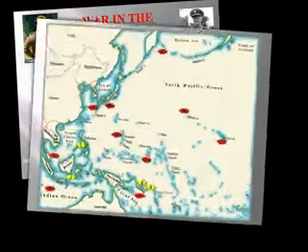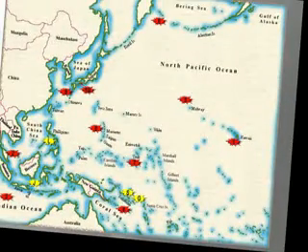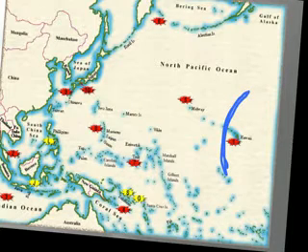Once the Japanese attack Pearl Harbor, take a look at this map. Once the Japanese attack Pearl Harbor, the United States has to retreat. We retreat and fortify Hawaii. And then we take a period of several months to reevaluate and kind of regroup and rebuild our military, our Navy in this